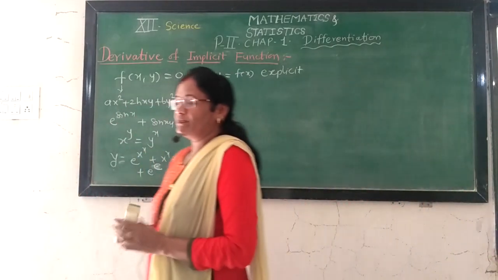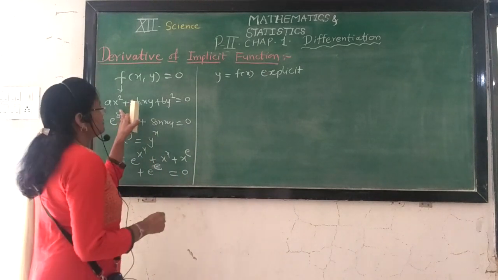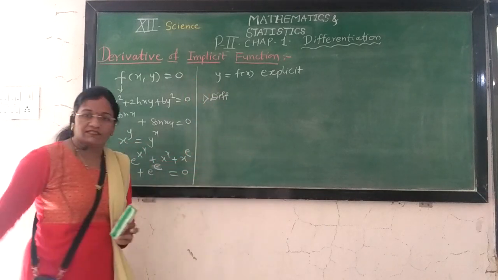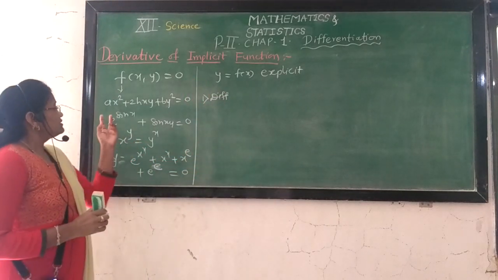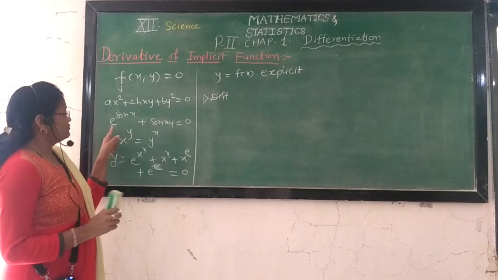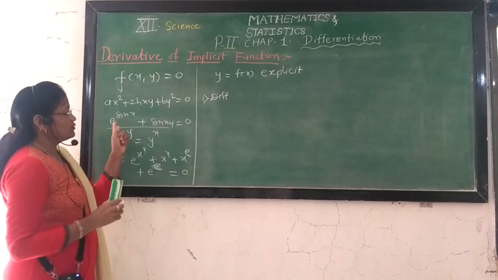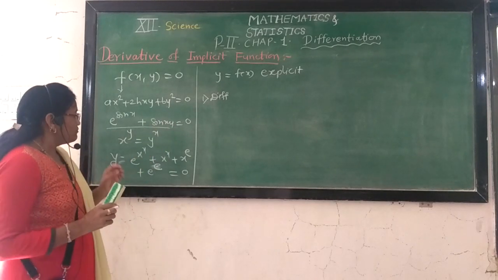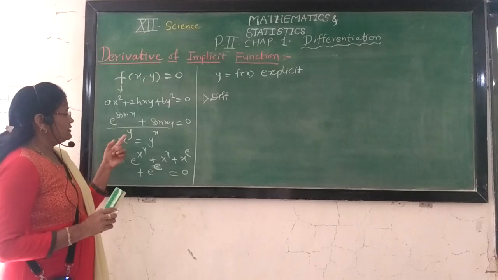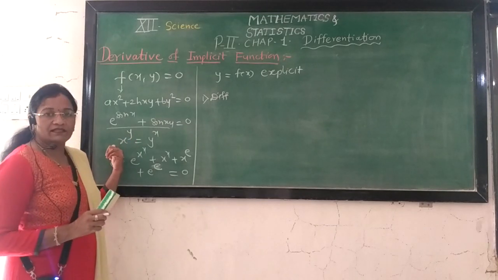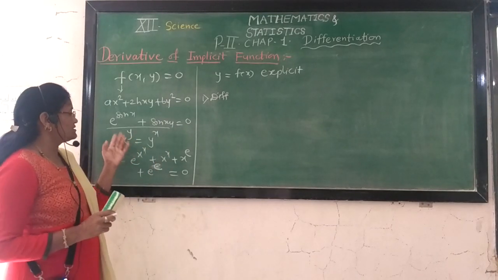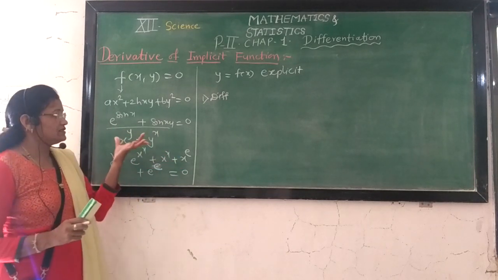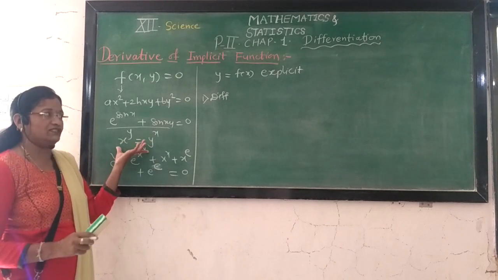So to find the derivative of that function, the first step in the working rule is to differentiate both sides with respect to x. If the term contains only one term of y, as in the second equation, there is only one term in which y is included, so we get dy by dx only once. But for the next one we have two terms of y. Left side contains y, right side contains y. We may write this as x to the y minus y to the x equal to 0. We keep that term as it is, and by using logarithmic differentiation we will differentiate this.